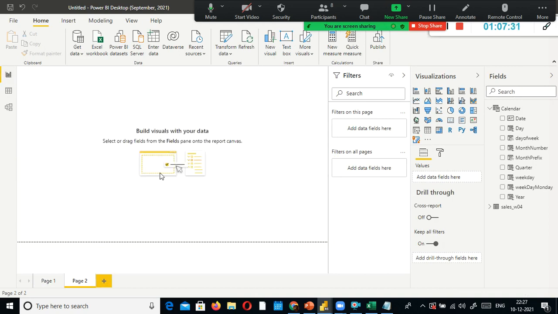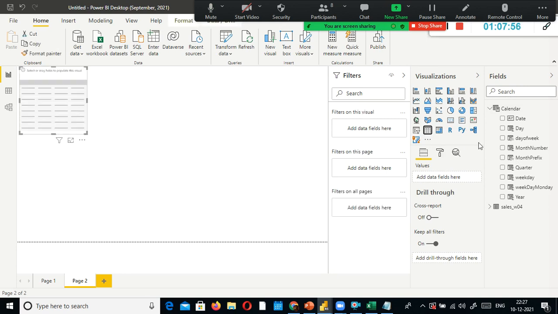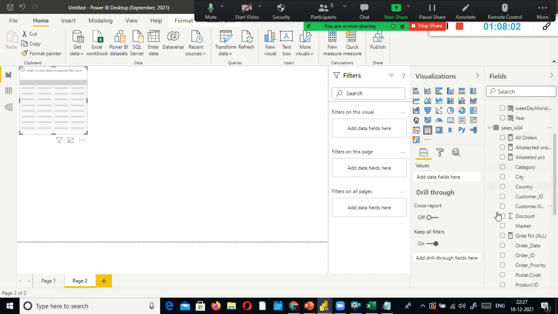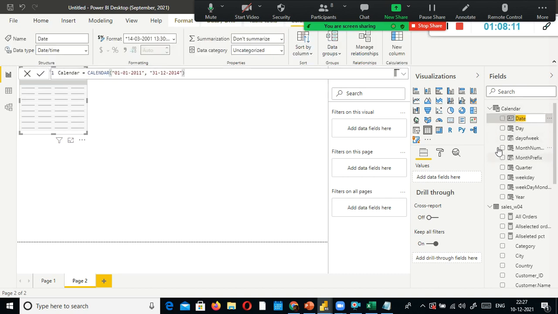The next one is I'm going to create another page. Here what we are going to do is find out year to date total. Okay, how do we find out? So we have something called the YTD function, that is TOTALYTD and DATESYTD. Okay, so what I'm going to do is select this one. This one we have created as a fresh one, right? First of all, let us see what this one here is, date, right? Day of week.